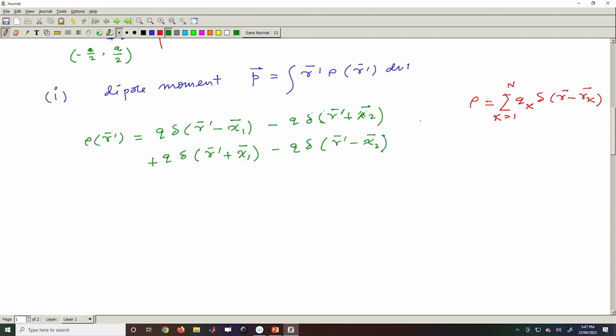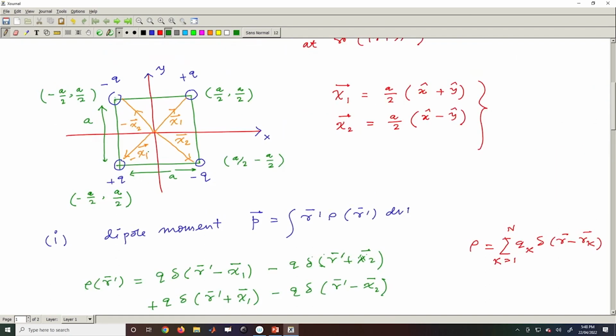This is the density of the system, this discrete charge having these 4 discrete charges,